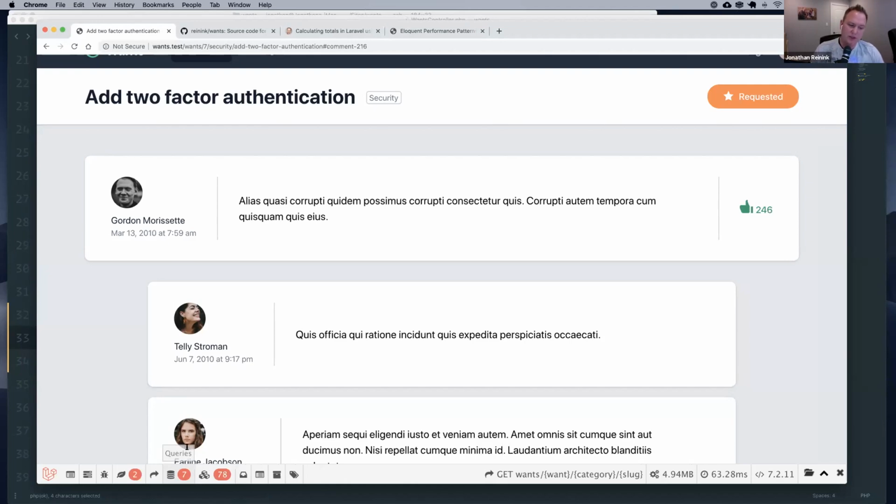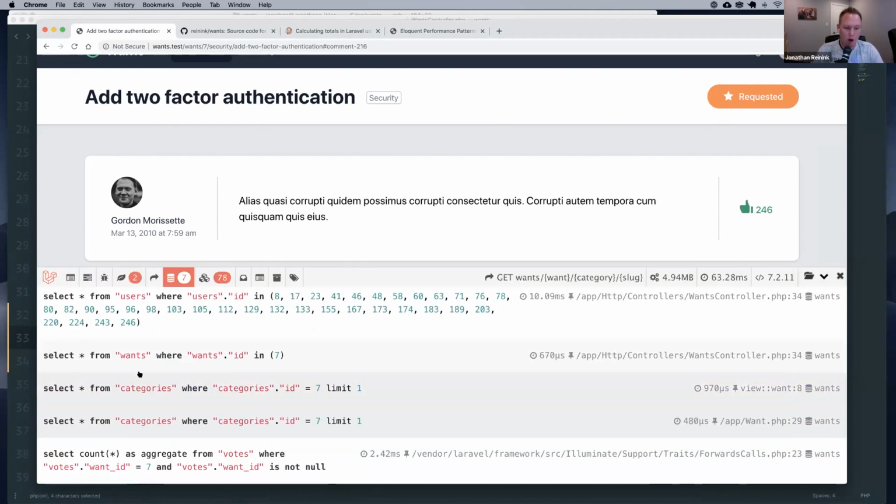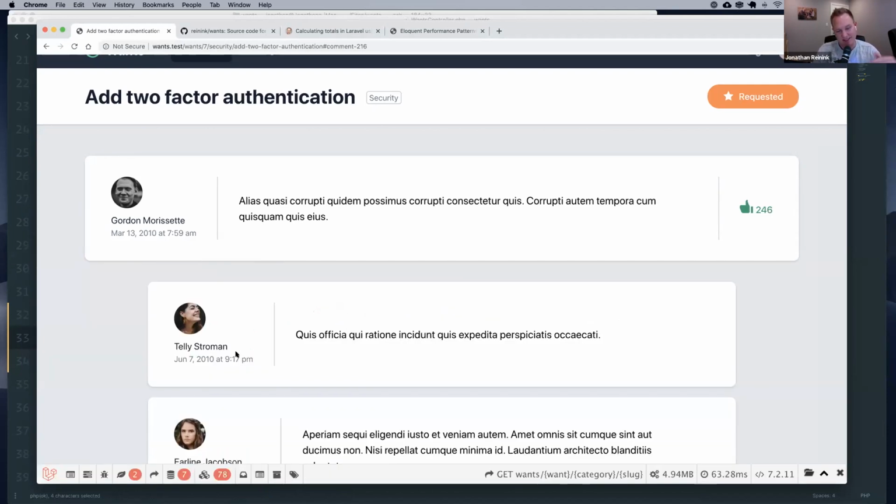And it's 7 database queries now because it's loading the want once, and it's loading the category once, and not for each comment, because all the comments share the same category and the same want. It'll only make essentially two extra database queries. But to me, I still kind of hate it